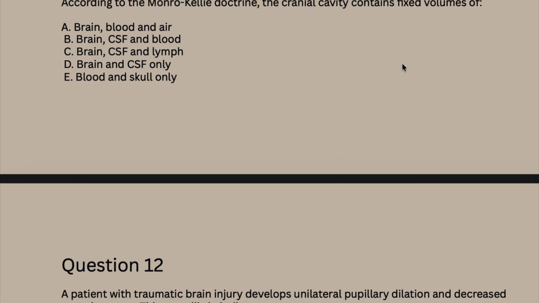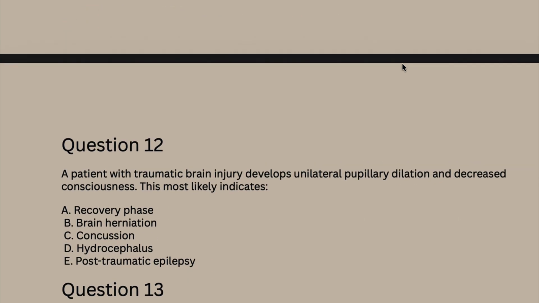Now let's look at question 12. So for question 12, a patient develops one dilated pupil and worsening consciousness. So what's the diagnosis? In this case, the most correct answer will be brain herniation. And this usually represents uncal herniation compressing cranial nerve 3. So what's a clinical clue here? So a clinical clue will be one blown pupil, reduced consciousness, and medical emergency.